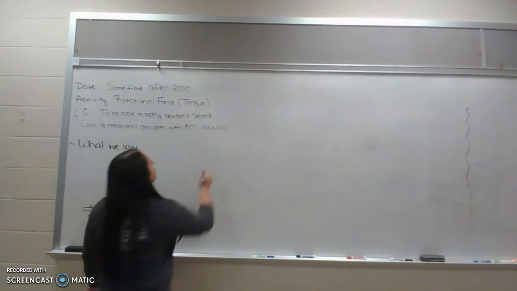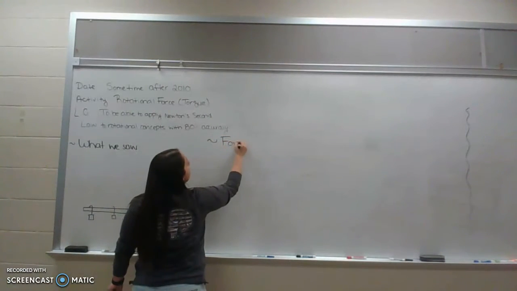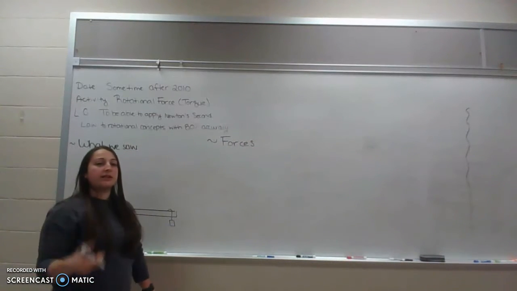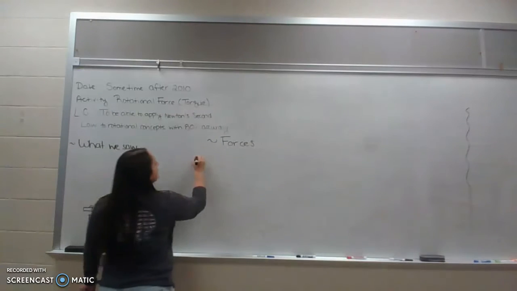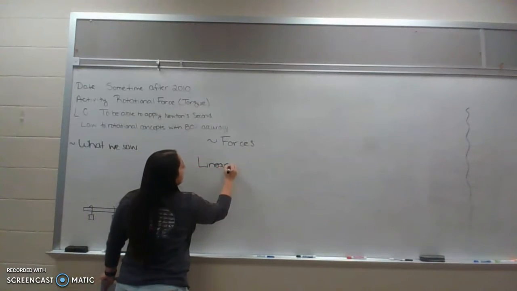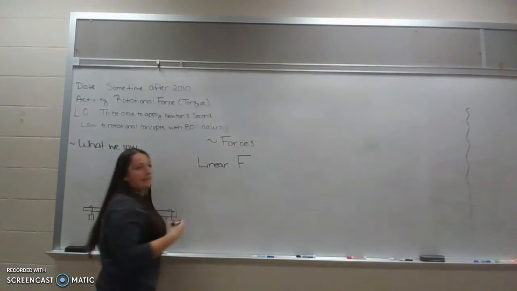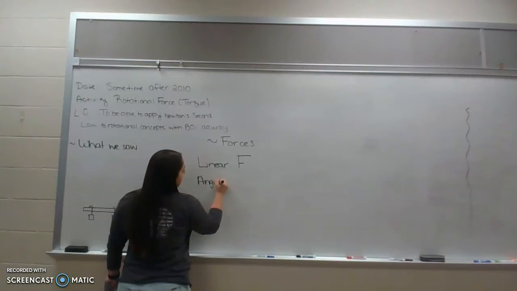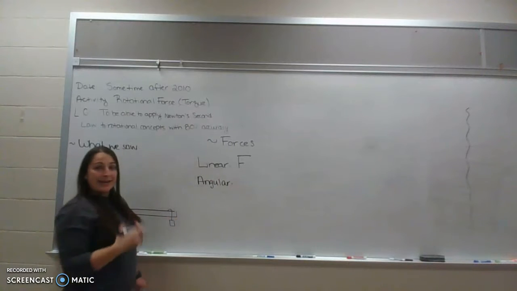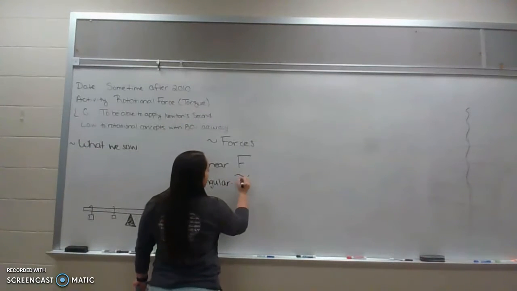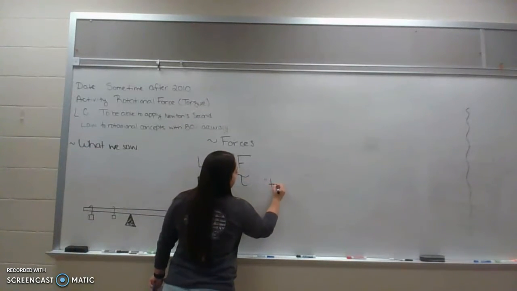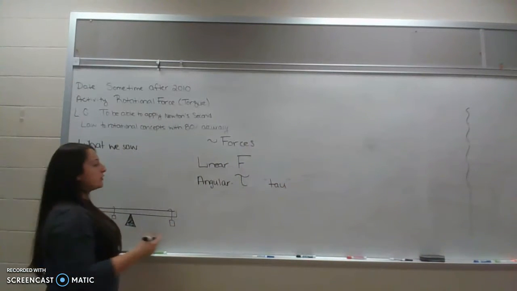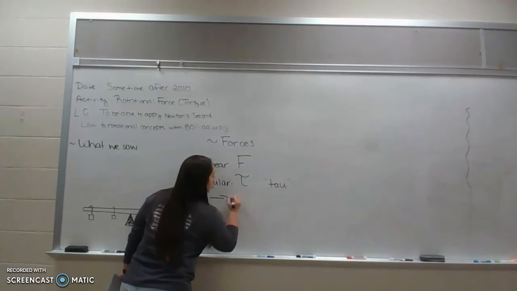So let's go ahead and start these notes now the same way that we started kinematics, and let's look at forces in the linear and then what it's going to look at in the angular. So in the linear component, we had that forces were shown with a capital letter F. In the angular component, which we know is going to get a Greek letter, it's going to be the letter tau. So this Greek letter is going to represent torque,